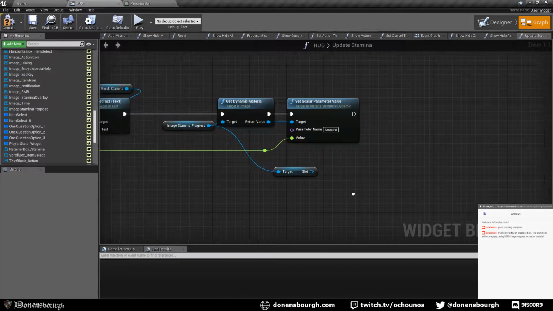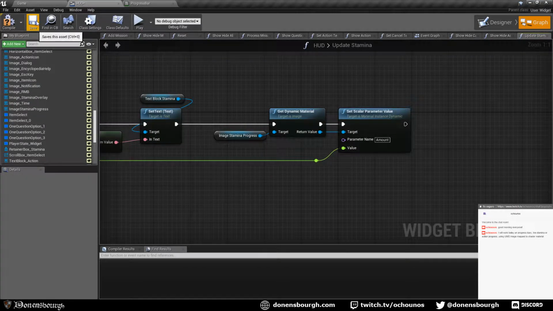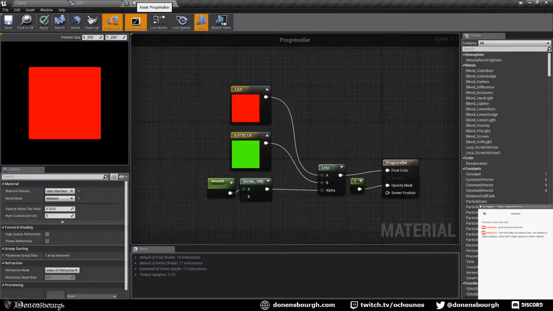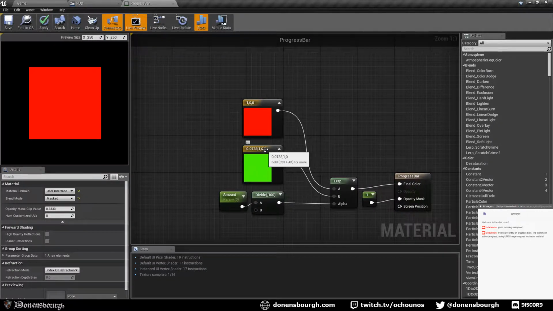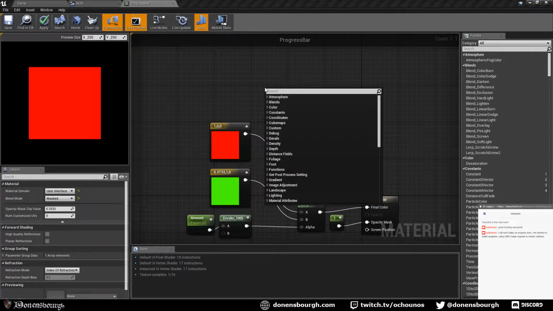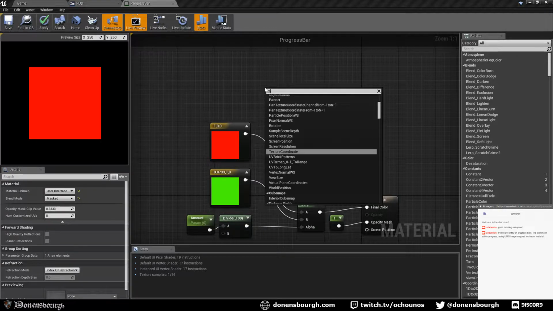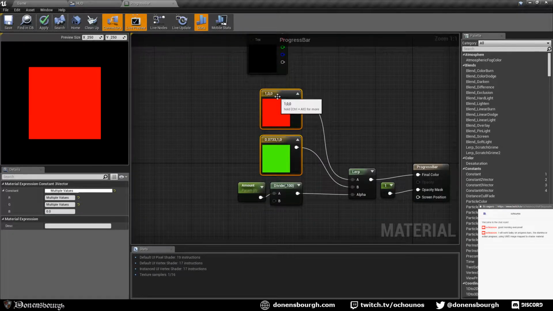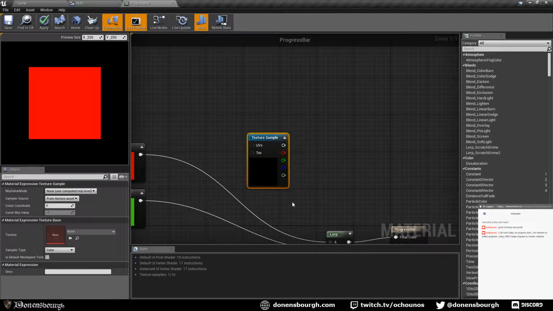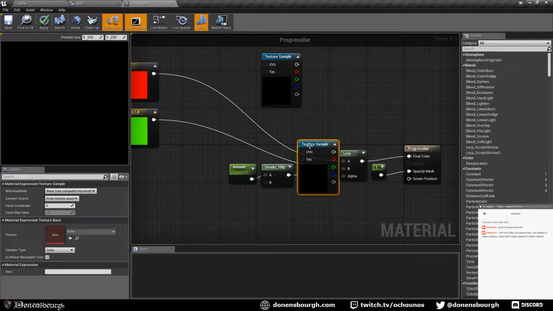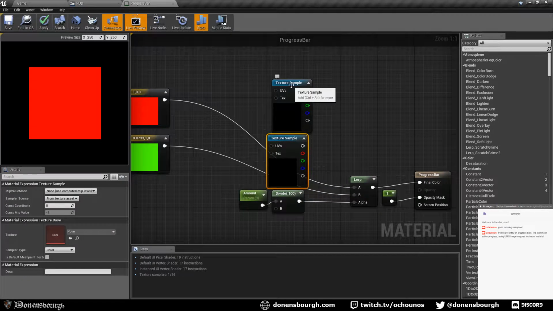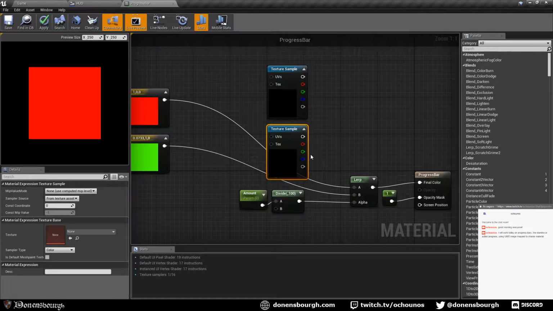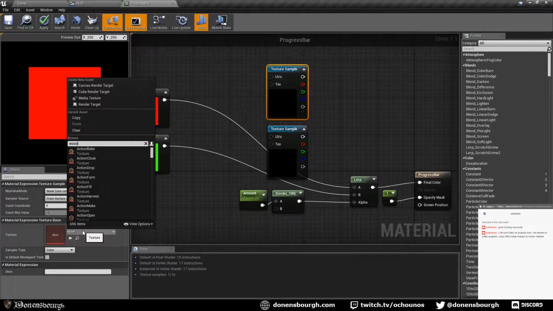Yeah, that's the thing that I need to have the canvas panel for that. So one of the options is, instead of using a color here, I will use a texture. So it needs to be a texture sample, and just do the same for that. But the thing is, this is just merging both textures, when I just want to use half of one and half of another one. So this is not exactly what I want, but just for testing I will use something, for example